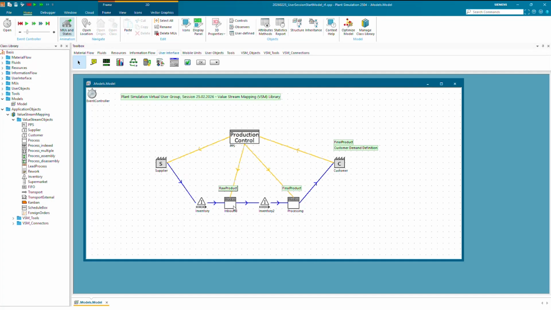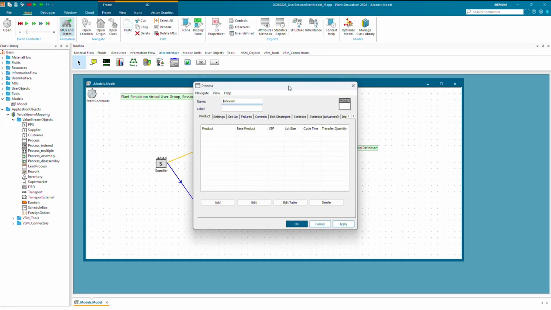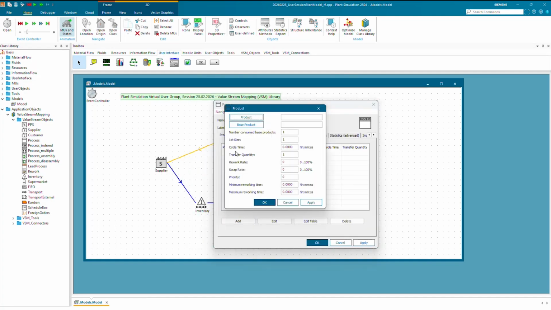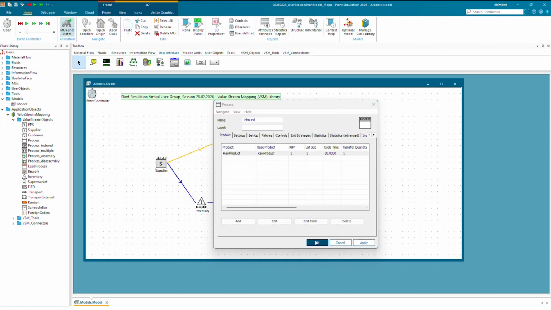So this station right here would produce a different product, which is raw product just entered. Yes, like this, and this has, for example, a quicker cycle time in comparison.